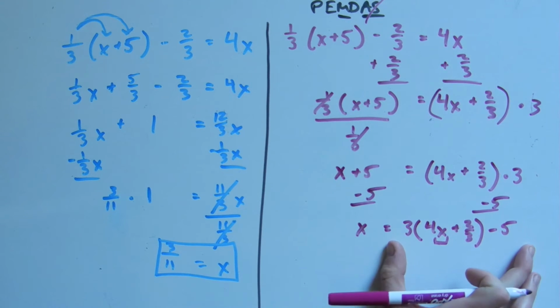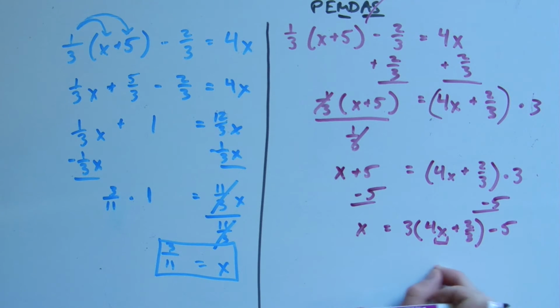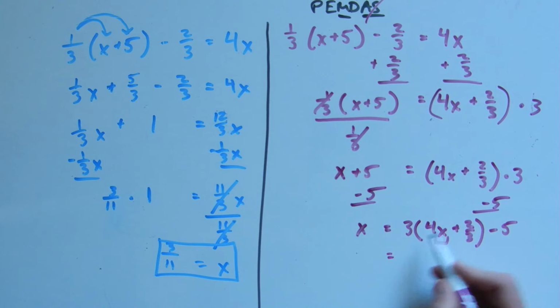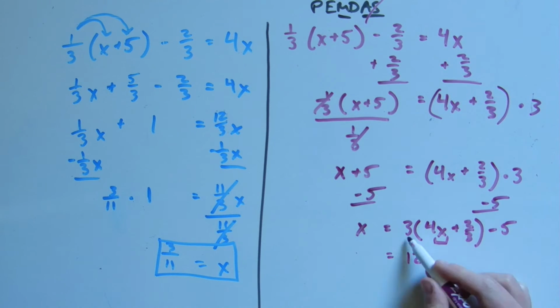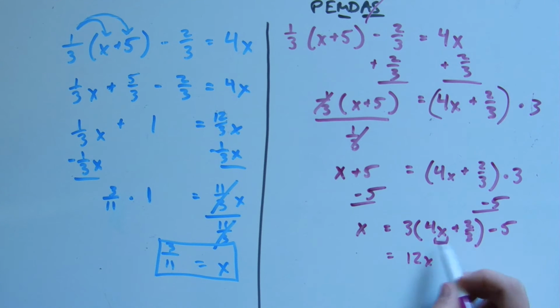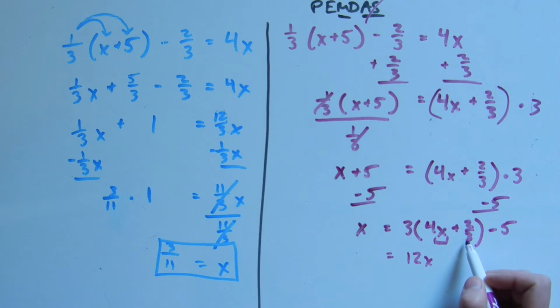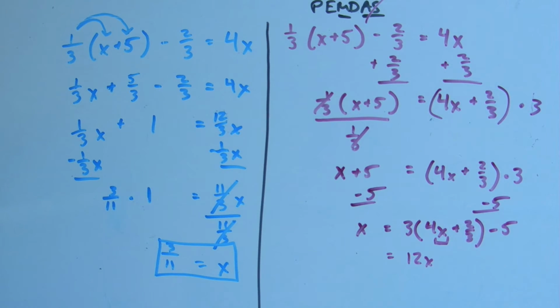So let's expand this out to try to get the x within a single term. 3 times 4x is 12x. 3 times 2/3 is like 3/1 times 2/3, which would just be 6/3, which 6 divided by 3 is 2, minus the 5. So we have 12x plus 2 minus 5